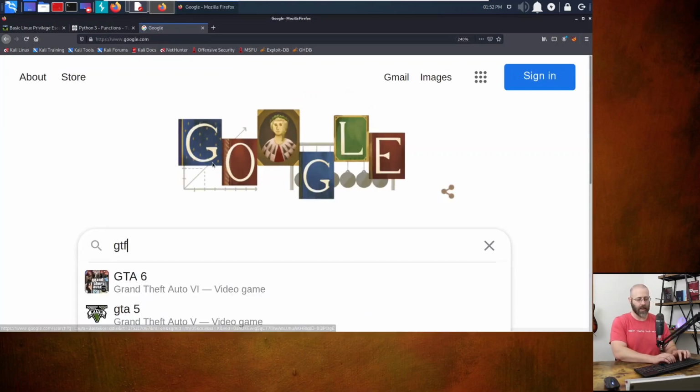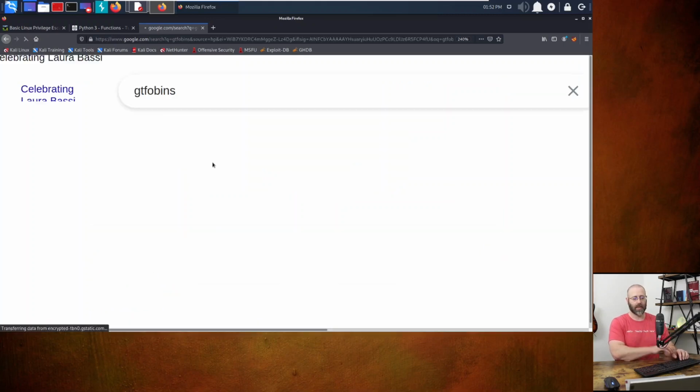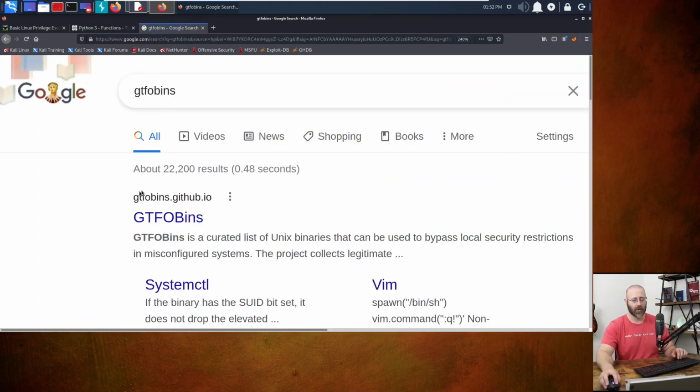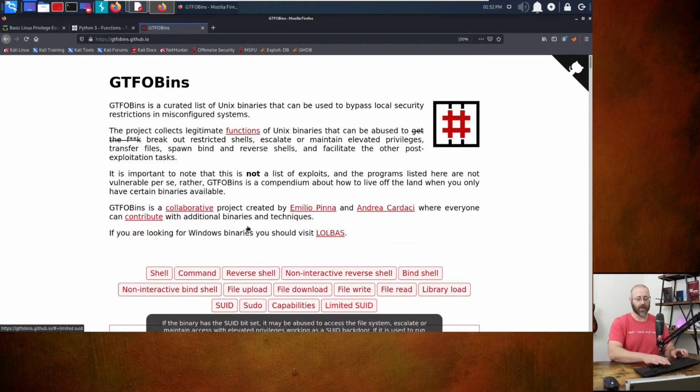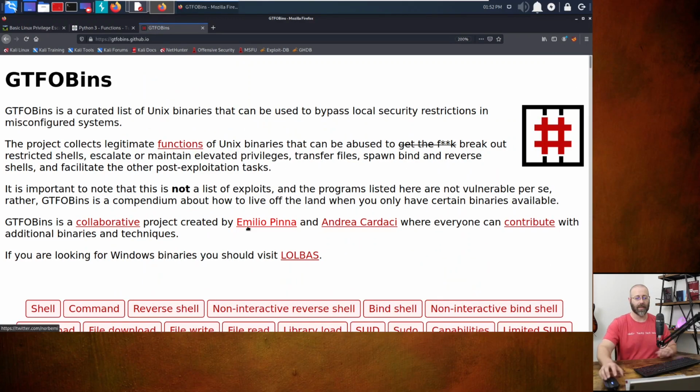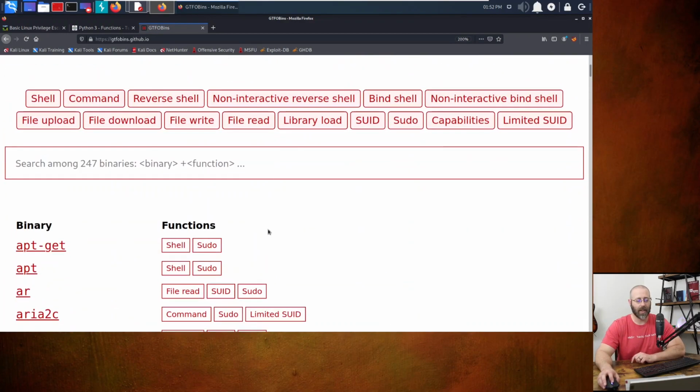If you look for GTFOBins in Google, there it is, gtfobins.github.io. Check that out if you've never done it before. This is a great site. What the site does is it allows me to look for binaries, if they're set for things like, if I need a shell, right? So you've got all these different types of things. If I need a shell,